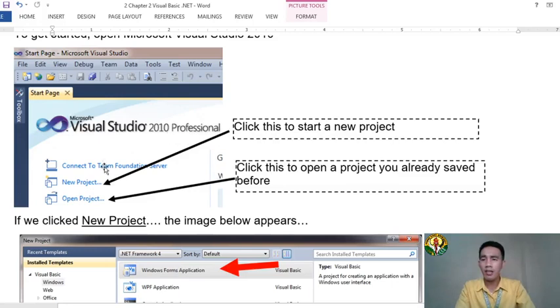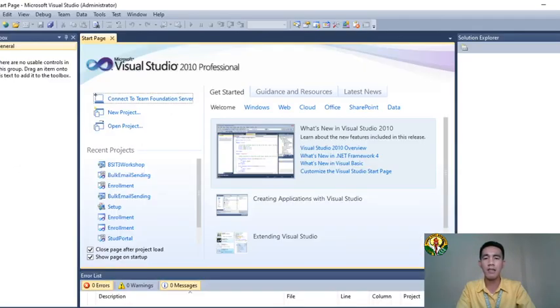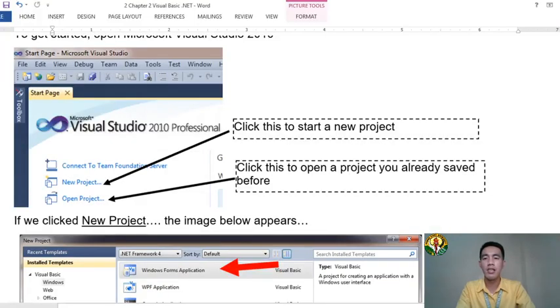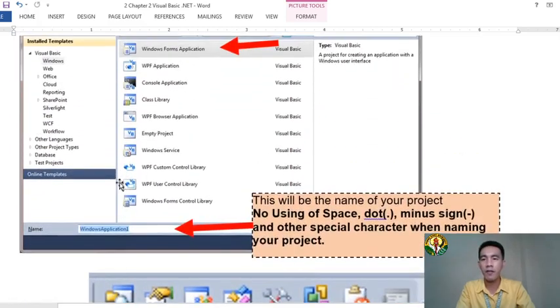Alright? Okay. So, once you open your application, ang makikita natin actually sa screen ay ganito mismo. So, anong meron? Meron dito, dun sa start page pa lang, new project and open project. If you have existing project made with Visual Basic or Visual Studio, you may open directly using this link. Click mo lang ito, then i-open mo. I-locate mo lang kung nasaan. But then, kapag mag-start ka pa lang, click on new project, and then, we have here. You need to